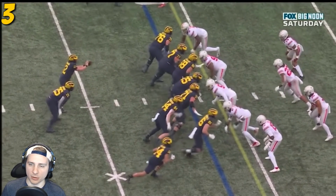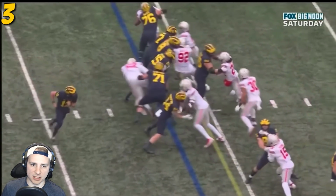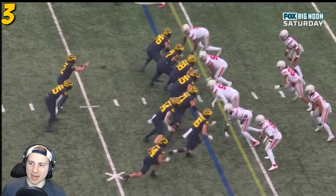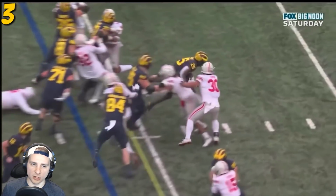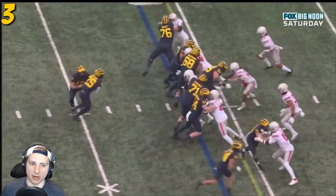So let's move further down the line here. Free release here for Zinter. He's getting out to this middle linebacker. He's going to have a key block on this play. Boom, free release, gets there as well. You could argue, and I will argue, that he could potentially have helped a little bit better here on this defensive tackle for Andrew Stuber before getting out to this linebacker, but he still gets to that linebacker, picks him up well, and you can see obviously that block on the linebacker helps spring this